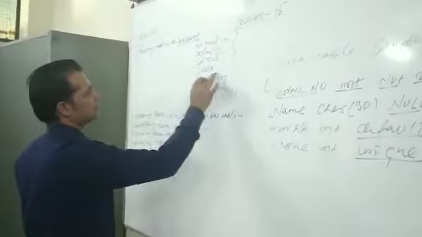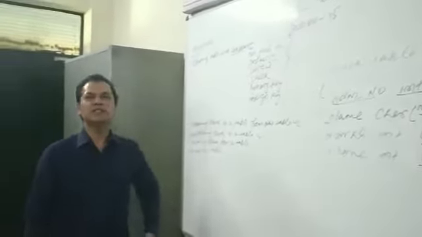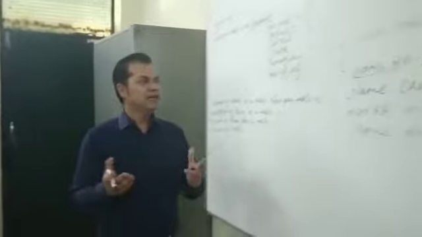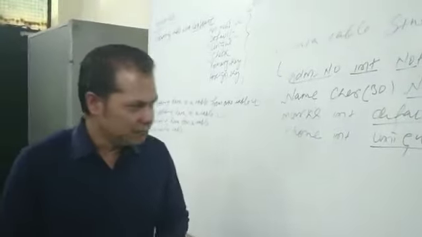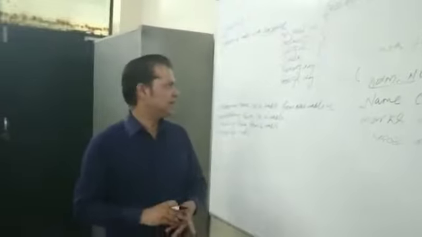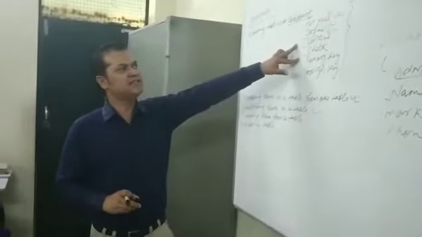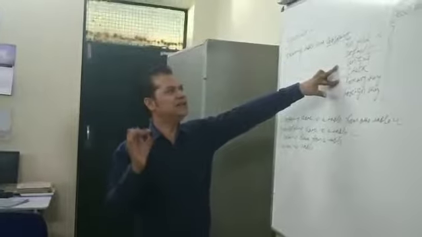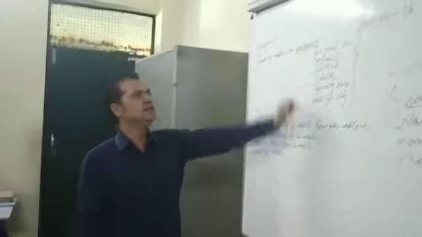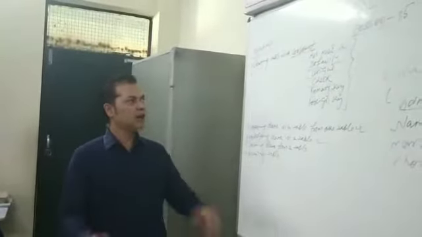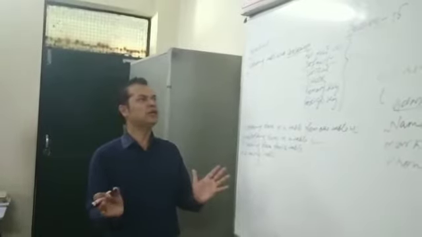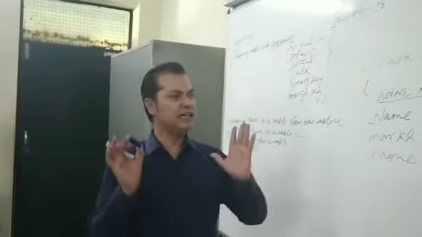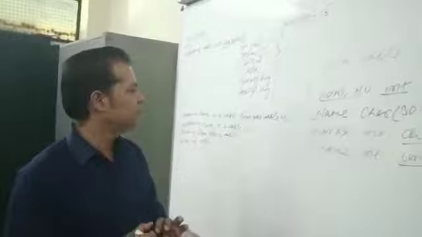Now the check constraint. Though the check constraint is not part of the syllabus of MySQL, in SQL it works, so it is not part of the syllabus, but I am going to cover it. Check constraint is a constraint which checks the value at the time of entry by the user in a field. If it is not valid, it will simply ignore it. If it fulfils the condition, then it will allow you to enter.